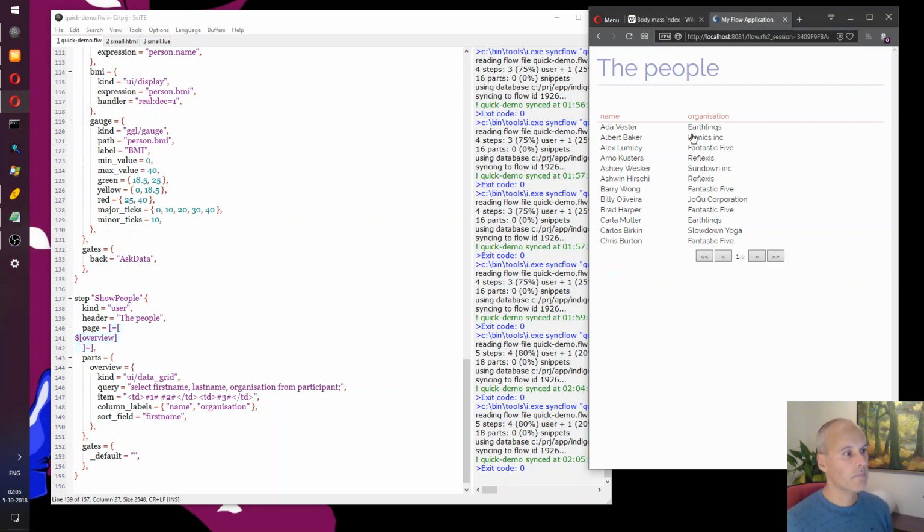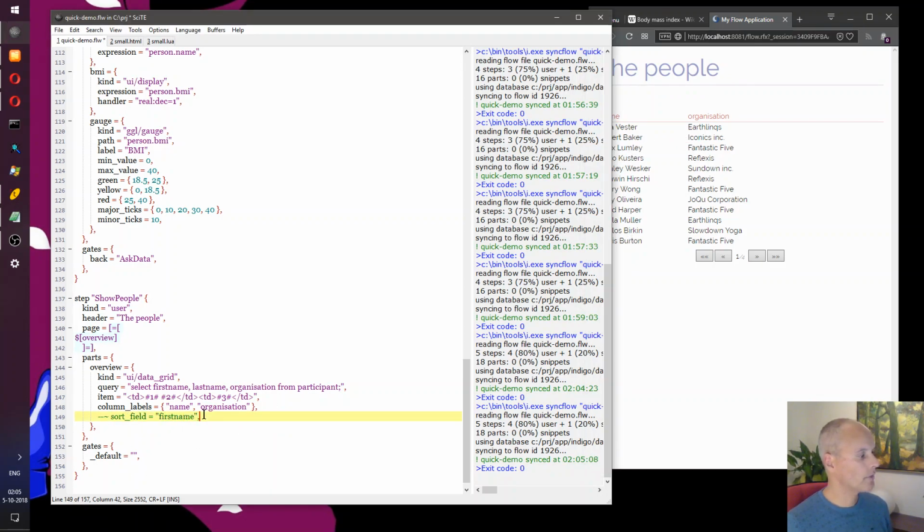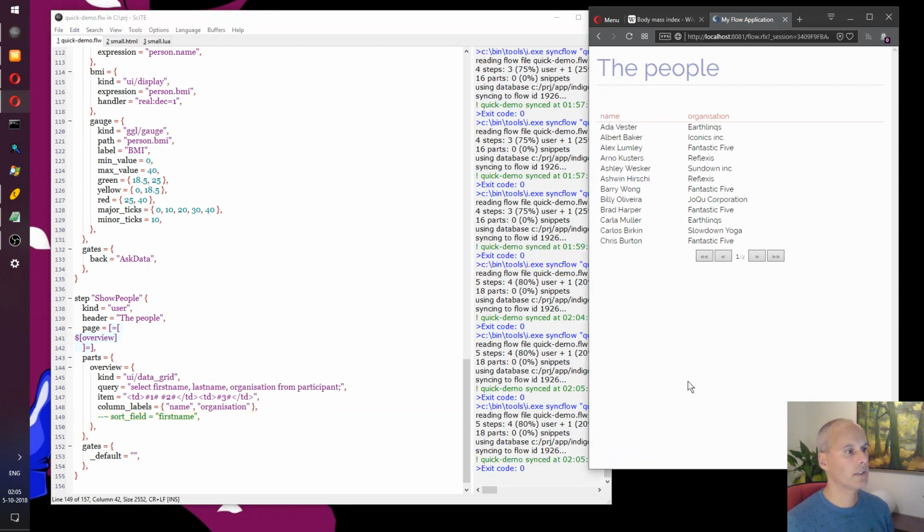And here's the list. I actually said, oh, please sort it on sort field. If I remove that, it's actually already fairly sorted, so that's nice. Anyways, there's no navigation back, so I forgot that.